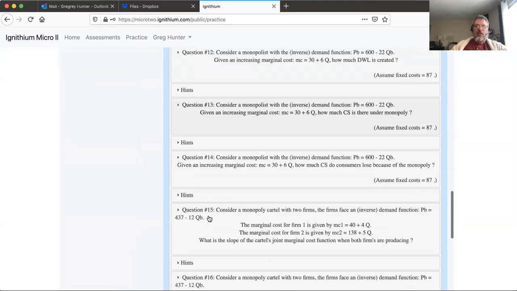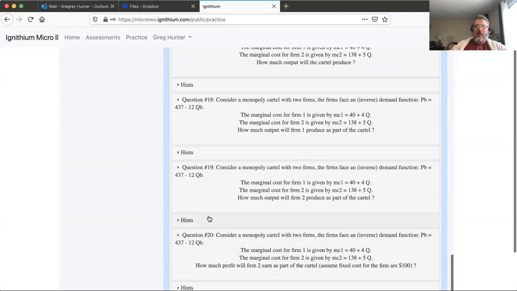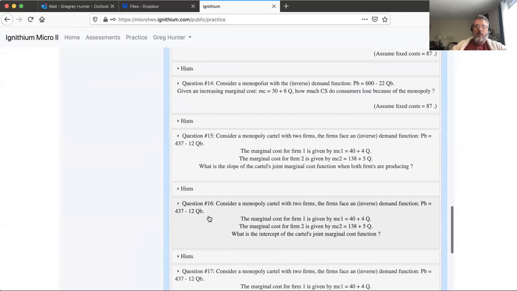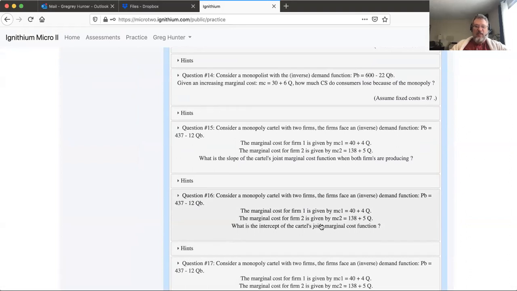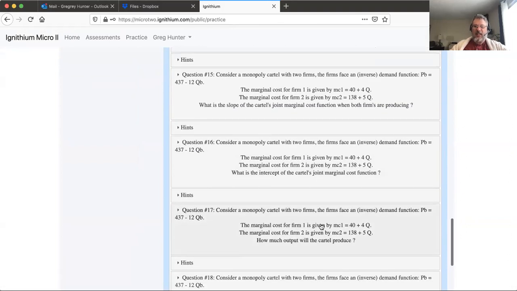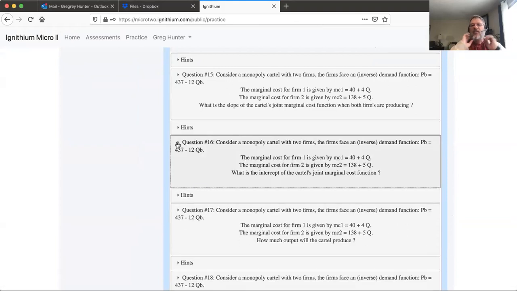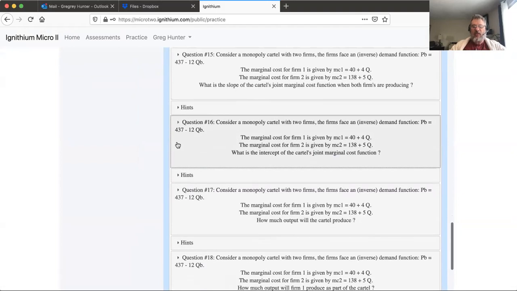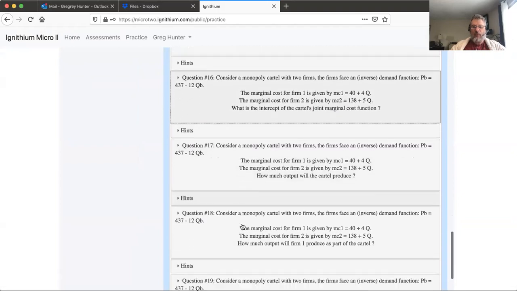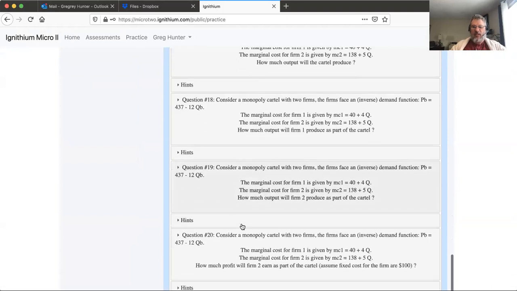Okay. So now you guys were asking about the last couple of problems, and I'll just point out the language, and then we can work on these on Thursday. So now you guys know what the joint marginal cost function is, so you should be able to solve for those things. And then down here,